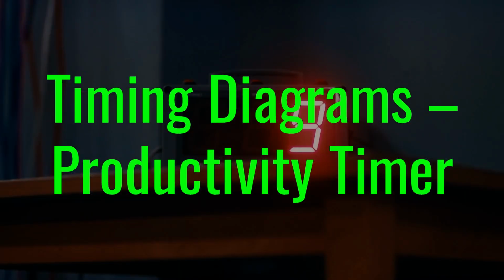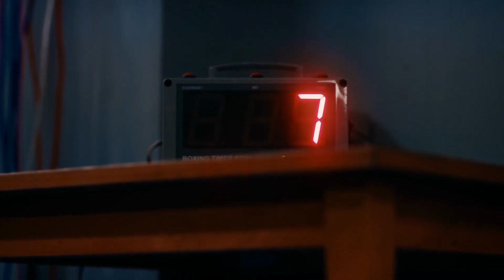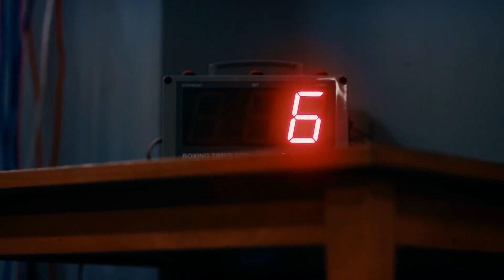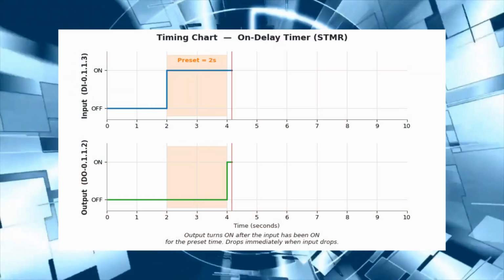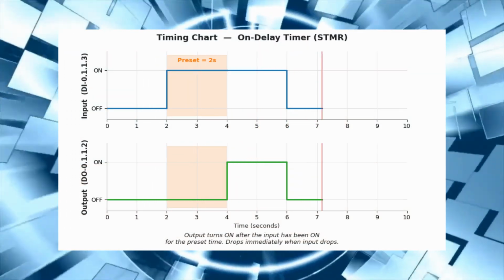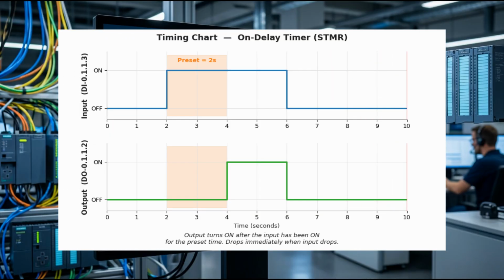Timing diagrams, productivity timer. Timers are used in most PLC programs. Before writing a single rung of timer logic, it is important to understand the timing chart, also called a timing diagram. A timing chart is a visual representation of how inputs and outputs relate to each other over time. It shows you exactly when an output should turn on and off relative to its input, which determines which type